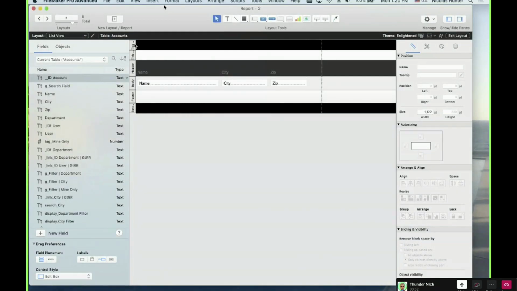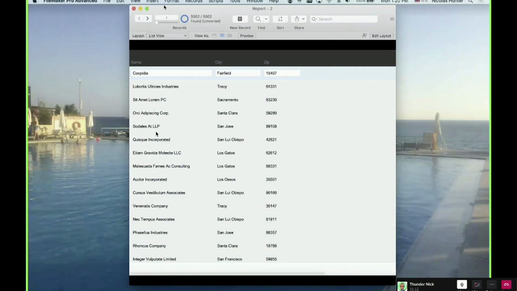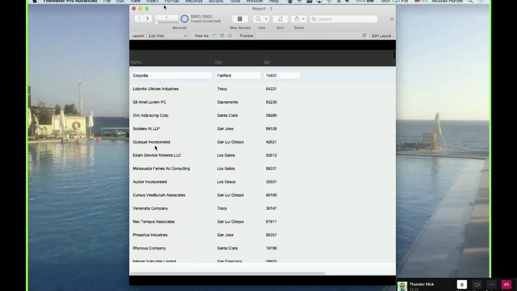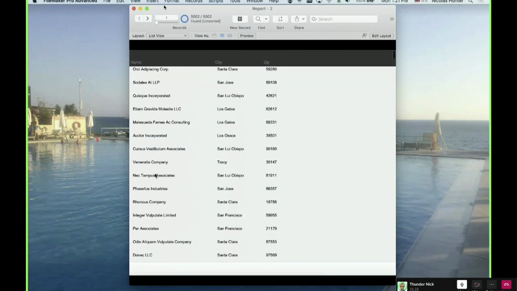Let's talk about the body. So what do we call body? The body is where you display the records. Records will be displayed in the body. Demonstration: let's say I have a list view here, and you can see I have the fields.